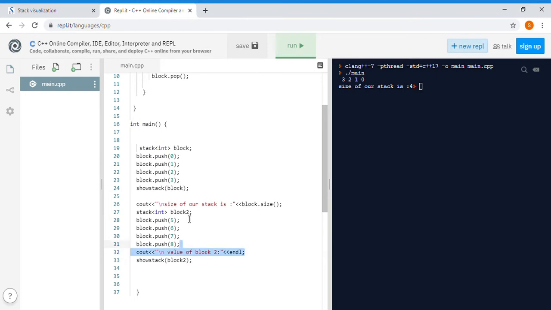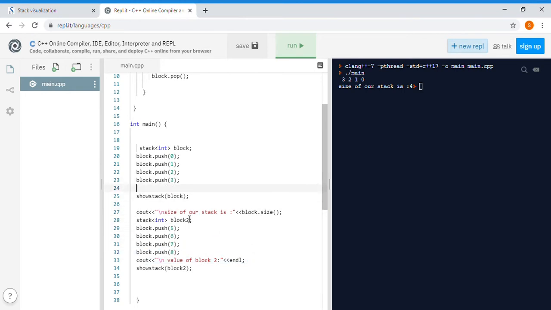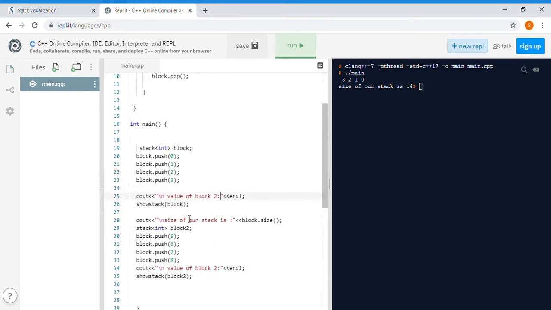I will just copy this and we will print over here as well so we can see more nicely. Let's print it out. So these are the values of block 1 and block 2. First of all, you will see that. There you go. Value of block 1 is this. Size of stack 1 is 4. Value of block 2,